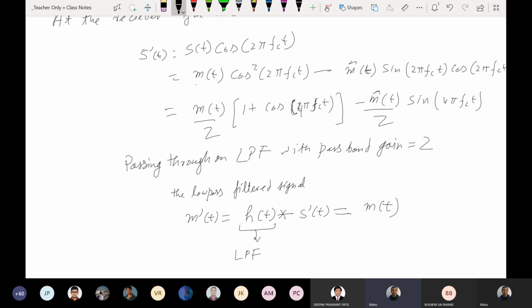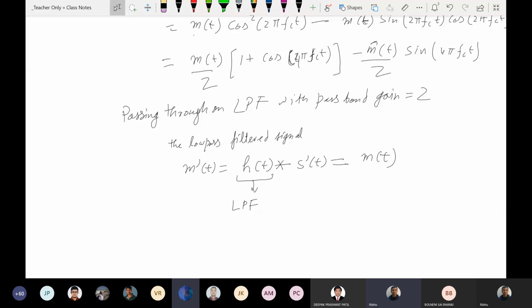So, sir, in which case? In single sideband. For single sideband modulation, the Costas receiver will fail. We discussed the Costas receiver just now, right? So I am telling you that it will fail for single sideband modulation. Why would it fail? That I leave up to your imagination, so that you have to figure out and tell me.